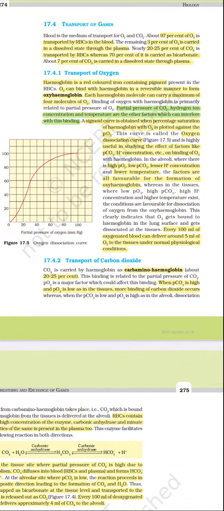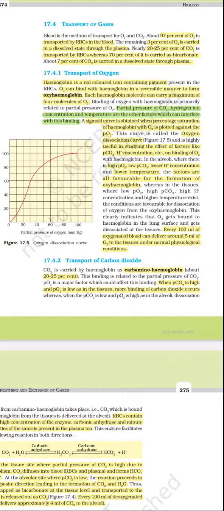Transport of oxygen. Hemoglobin is a red colored iron containing pigment present in the RBC. Oxygen can bind with hemoglobin in a reversible manner to form oxyhemoglobin. Each hemoglobin molecule can carry a maximum of 4 molecules of O2. Binding of oxygen with hemoglobin is primarily related to